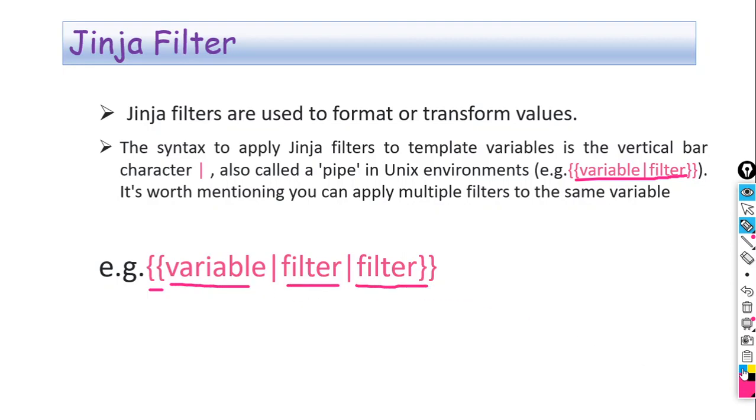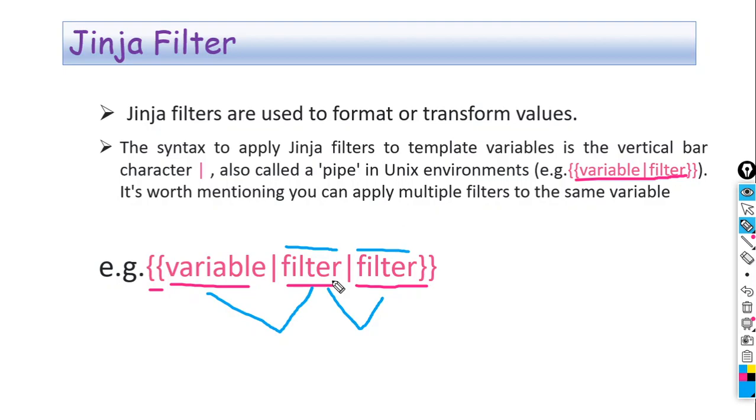So we can apply more than one filter. Here you can write the first filter and then write the second filter. So how will it work? First, for the variable name, filter 1 is applied, then whatever output is there after applying the first filter, that should be the input for the second filter. So whatever output is there from these two, it will be given as input to another filter. So this is the syntax.